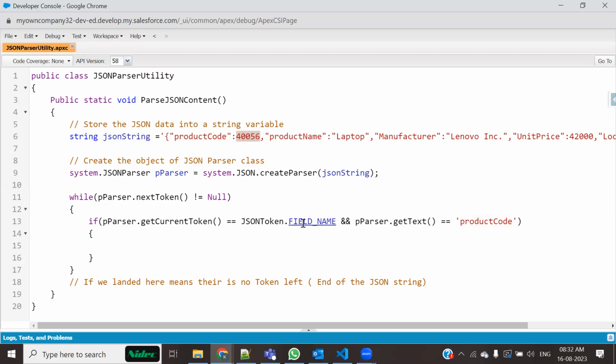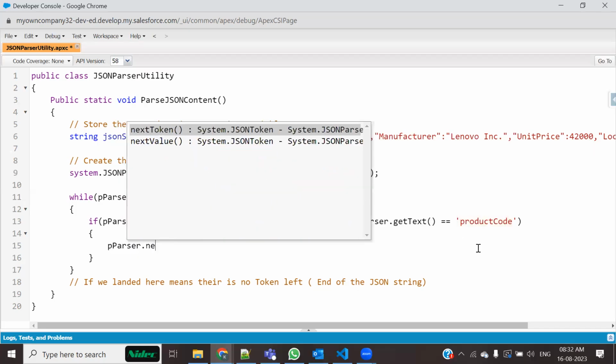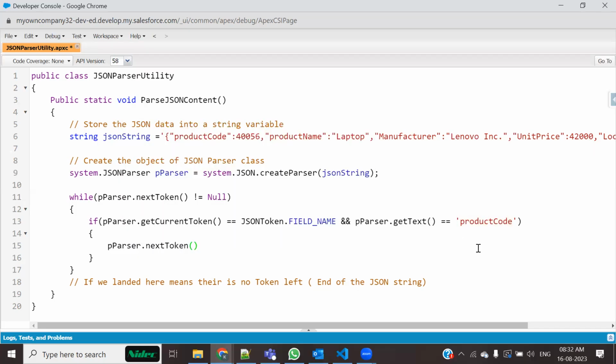एक स्टेप आगे बढ़ना है। पार्सिंग को एक स्टेप आगे नेक्स्ट टोकन पे लेके जाना है। तो व्हाट यू वुड बी गोइंग टू डू इन दैट केस? फर्स्ट ऑफ ऑल, जैसे आप लूप के अंदर आते हो, सबसे पहली चीज रहेगी पी पार्सर डॉट नेक्स्ट टोकन, ताकि हम एक स्टेप आगे बढ़ पाए। वी वेर बीइंग स्टैंडिंग ऑन दिस, और जब मैं यहाँ था तो हमने देखा कि क्या ये करंट टोकन फील्ड नेम है? हाँ है। अच्छा, अगर वो फील्ड नेम है तो क्या उसकी वैल्यू गेट टेक्स्ट लेने के बाद वो प्रोडक्ट कोड है? तो हाँ ये भी है। तो फिर आप लूप के अंदर आ गए।